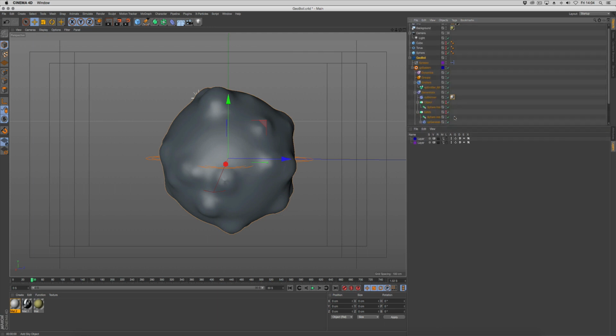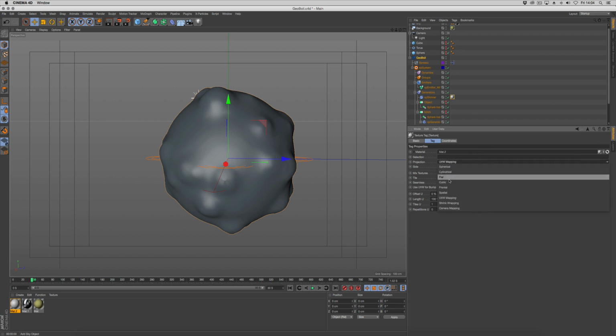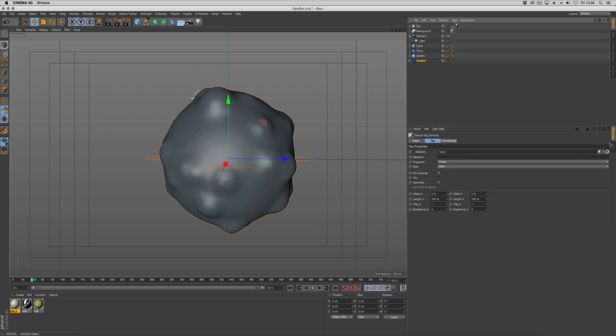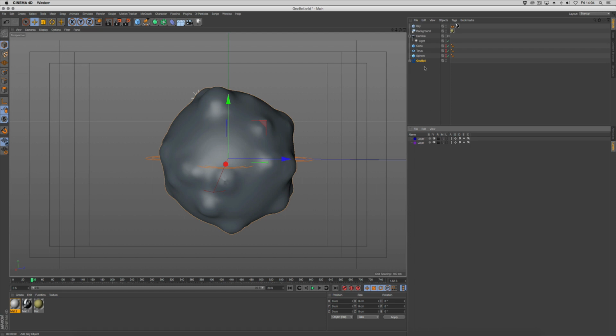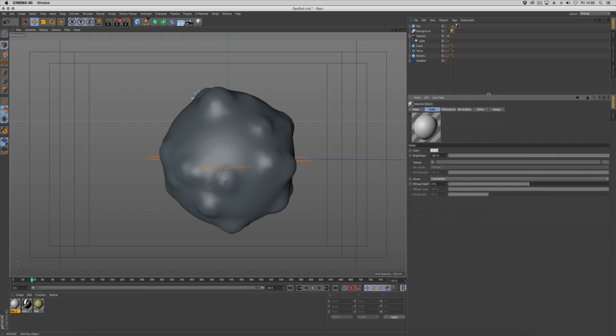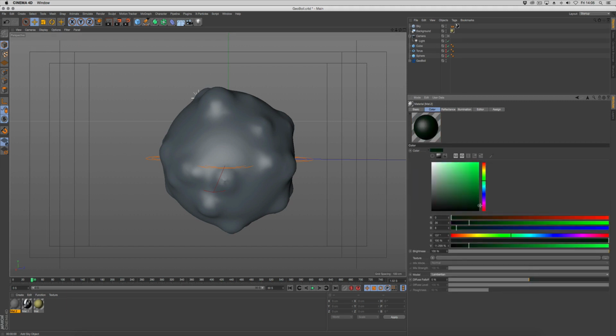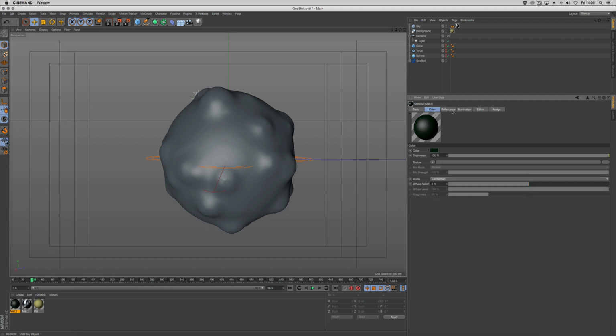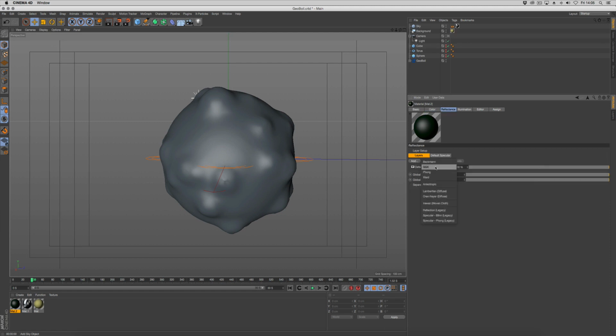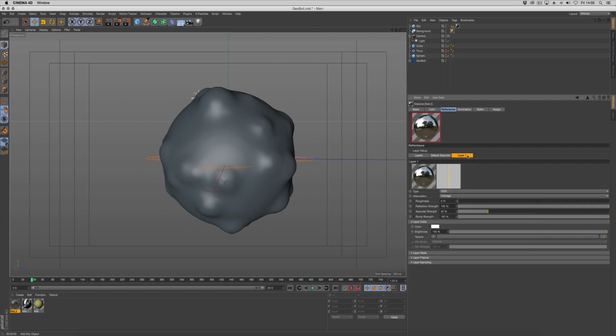So go in, yep, Skinner, and I'm just going to change the mapping to cubic. Okay, so just go back, we can hide those again. Okay, right, let's get this material. I'm going to go for a dark green for the base color, and obviously this can be any color you want. And we go to the reflectance channel, and we'll drop on some GGX as a reflective layer and a